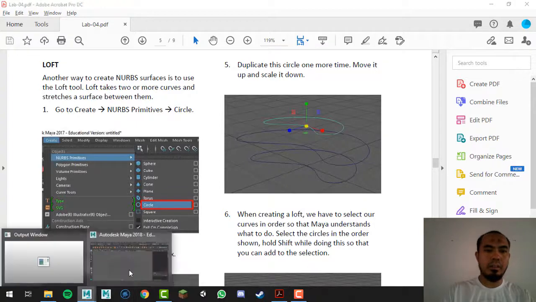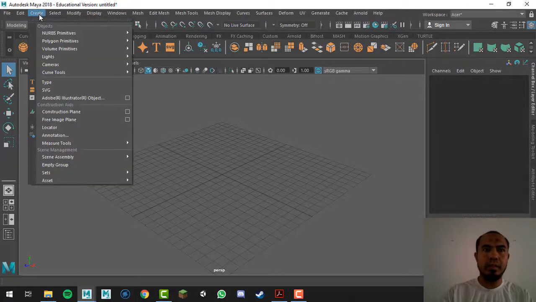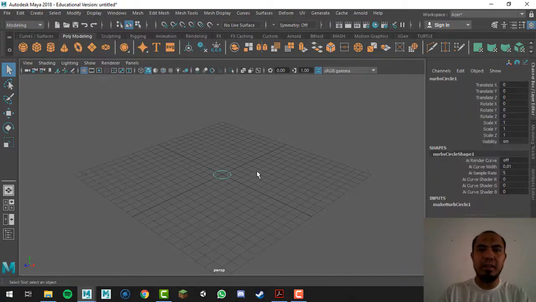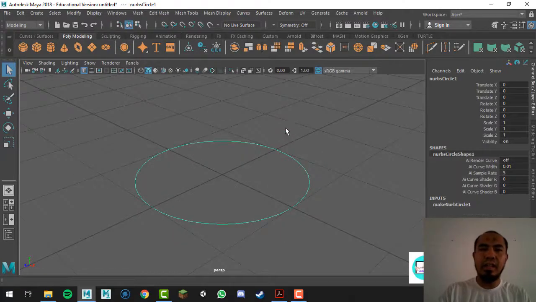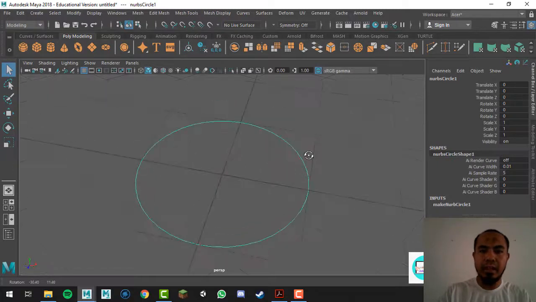Alright, so I'm gonna open up Maya, and we're gonna do this first. We're gonna go to Create, NURBS Primitives, Circle. Right, so get a circle. Remember, NURBS can be made out of curves, and a circle is a type of curve. So I have my circle here,